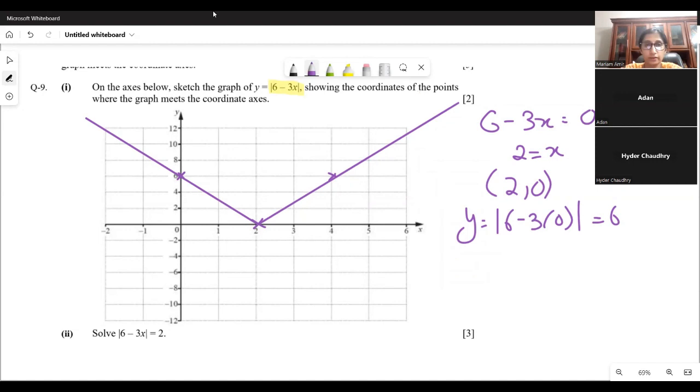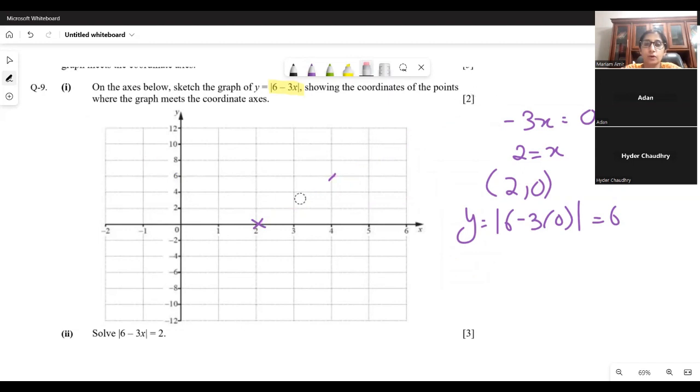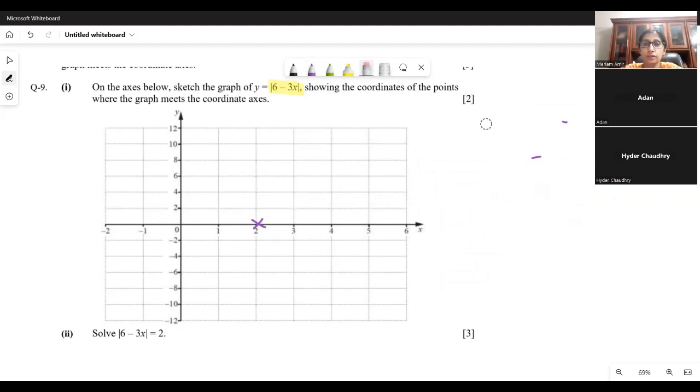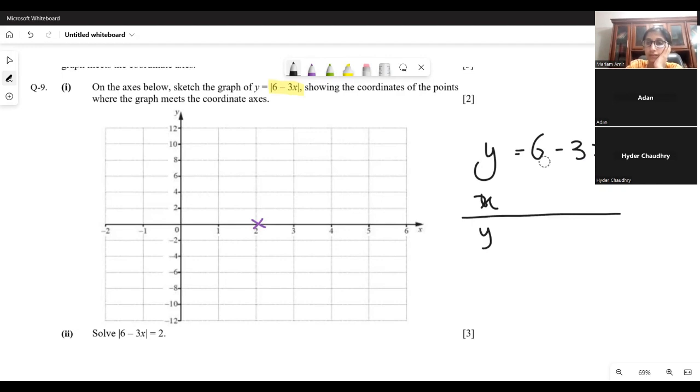यस मैम। अच्छा, एक चीज मैंने समझानी है, वो आगे यूज होगा, ऑल्दो ये मैं पहले बता चुकी हूँ। लेट्स से आपने स्क्रैच से इसका ग्राफ प्लॉट करना है, y इज इक्वल्स टू 6 माइनस 3x का मॉडुलस के बगैर, y इज इक्वल्स टू 6 माइनस 3x। ठीक है, तो इसमें हम, मिरर इमेज हो जाएगा नेगेटिव का। हाँ एग्जैक्टली, मिरर इमेज हो जाएगा, तो इसको टेबल मेथड बना करते हैं यूज। सो जब x 0 है तो y 6 है, और जब y 0 है तो x 2 है, तो 0,6 इधर आ गया और 2,0 इधर आ गया, तो ये यूं बन रहा है ग्राफ।